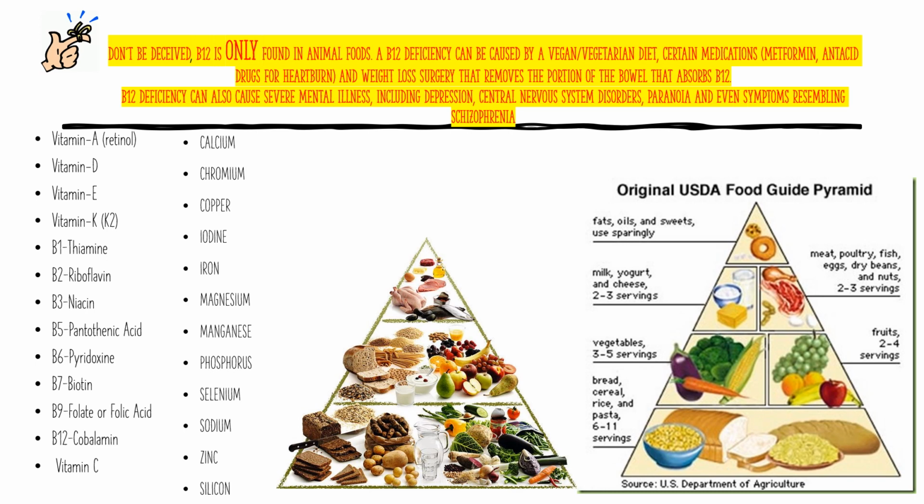So as you look at the different vitamins and minerals that the body needs to survive and be healthy, you see our buddy here letting us know not to be deceived, that B12 is only found in animal foods. A B12 deficiency can be caused by a vegan or vegetarian diet, certain medications, metformin and acid drugs for heartburn, and weight loss surgery that removes the portion of the bowel that absorbs B12. B12 deficiency can also cause severe mental illness, including depression, central nervous system disorders, paranoia, neuropathy, and even symptoms resembling